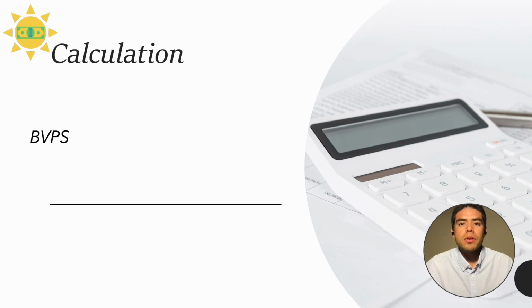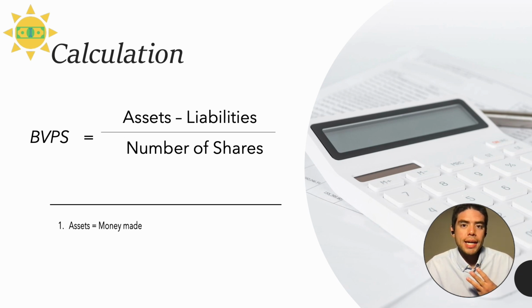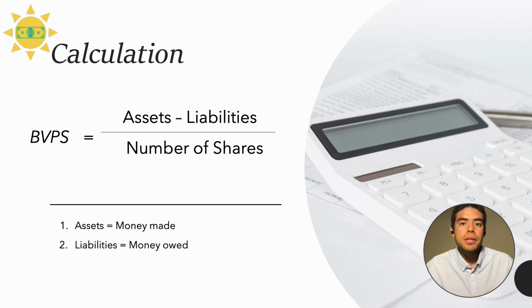So the book value, also known as BVPS because it's book value per share, is equivalent to the book value divided by the number of shares outstanding. And the book value can also be known as stockholders' equity, or more in general, the company's total assets minus its liabilities. In order to calculate it, we need 3 different values. We need the assets, which are how much the company owns. We also need the liabilities, which is how much the company owes. And we need the number of shares outstanding.